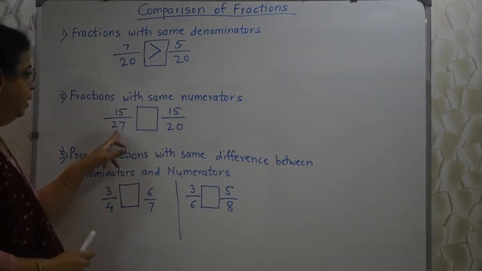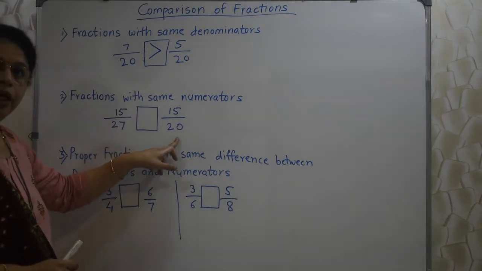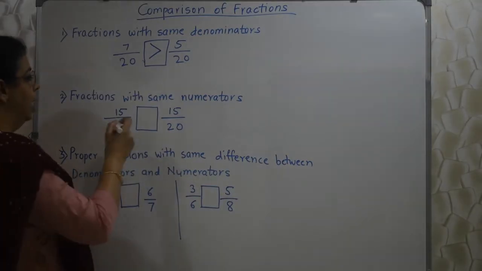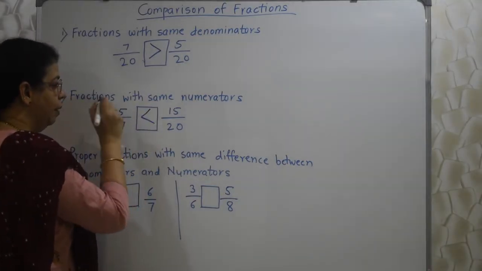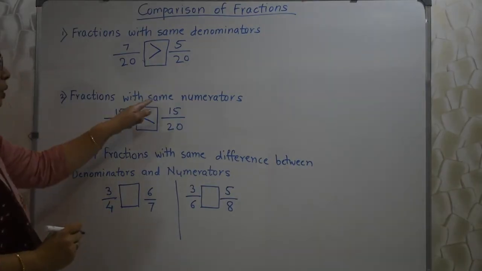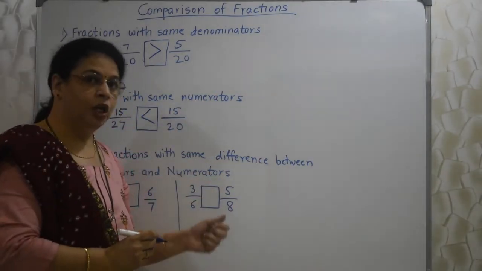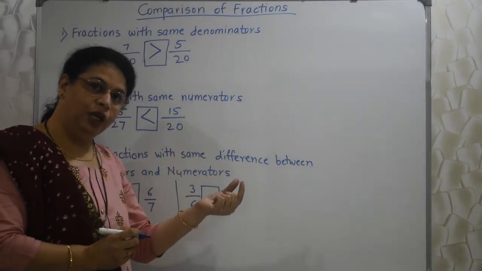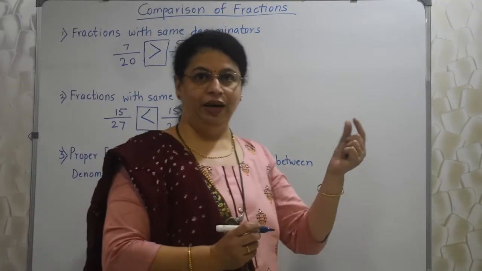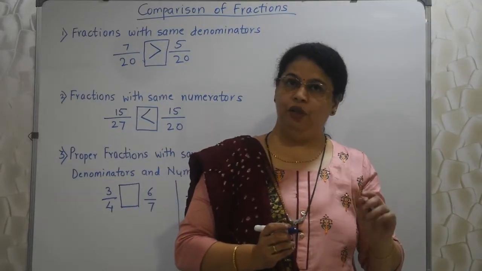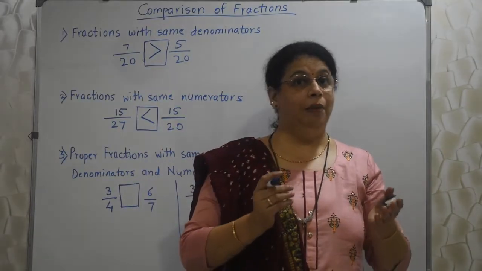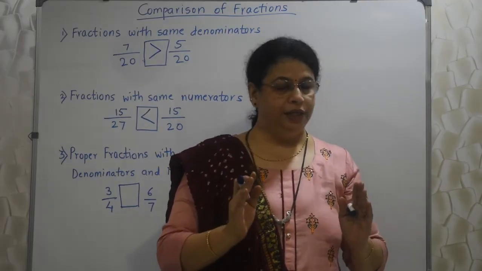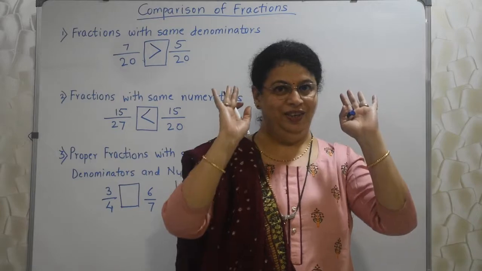Okay, now here 27 and 20. 20 is actually small, but actually in this fraction it is big. When fractions with the same numerators are given, the fraction with the smaller number in the denominator is actually the bigger one, and vice versa. Please be careful. The rules are very simple, but they might be confusing at certain points of time. So it requires practice so that it is registered here, right?